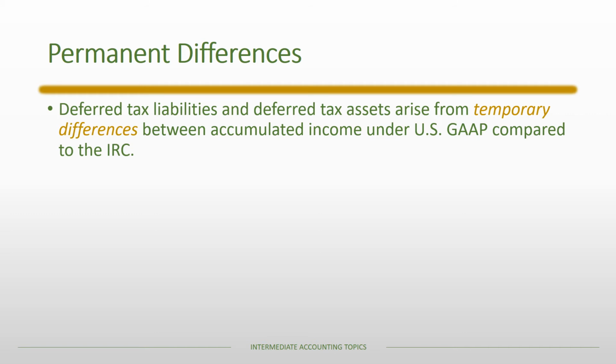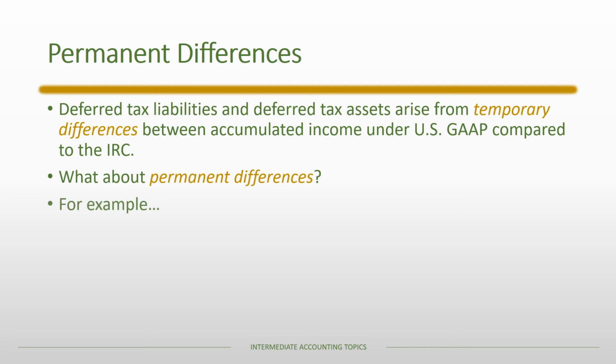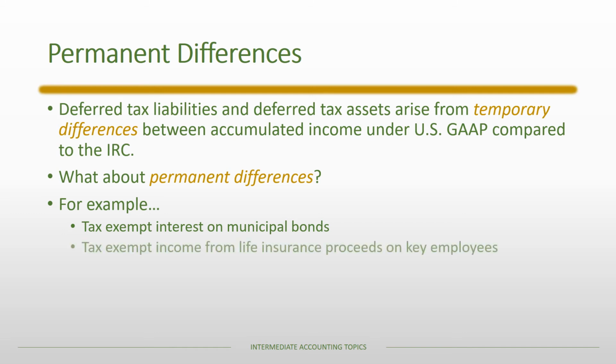I want to be very clear, they only arise from temporary differences. So how do we handle permanent differences? For example, municipal bond interest is tax exempt, but it is recorded as income under US GAAP. A firm could have income from life insurance proceeds on key employees. That's tax exempt. So again, it's income under US GAAP that is not recorded as income under the Internal Revenue